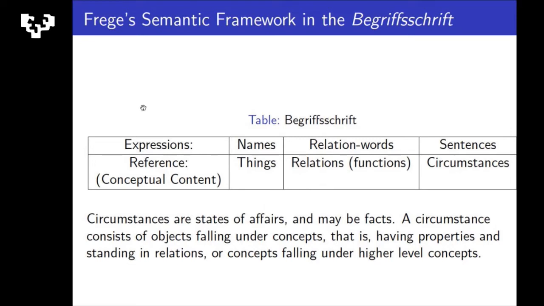There's the table in the Begriffsschrift. You've got expressions, names, relation words, or we call them concept words. This is not so long ago in years, but it's long ago in the history of logic. Relations were just being taken seriously. So Frege had this great idea that concept words are incomplete, so that you don't have to worry about the three things problem. You say A has property B, well, what's the has relation? Well, anyway, it's kind of neat.